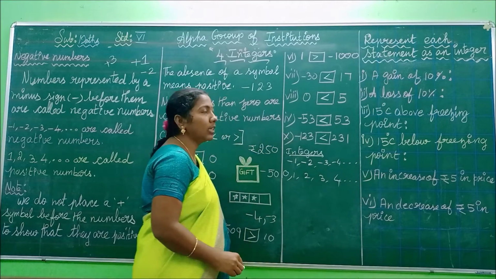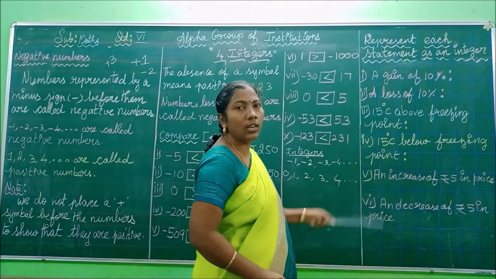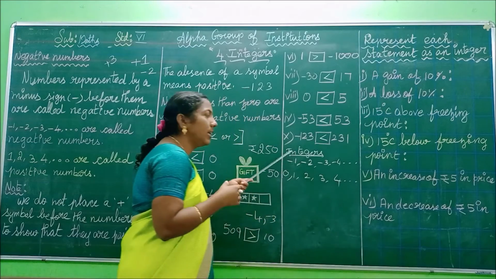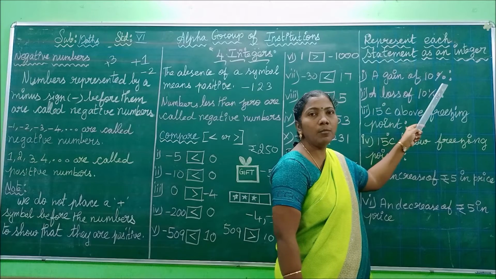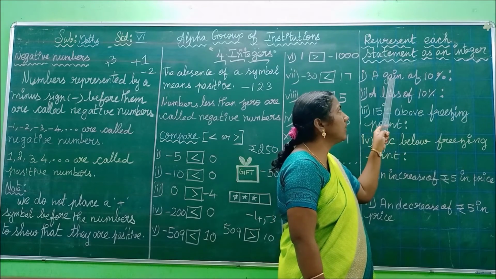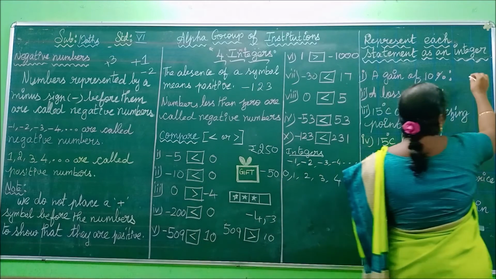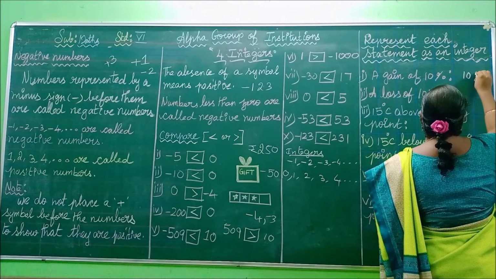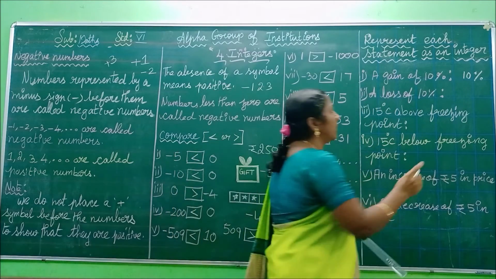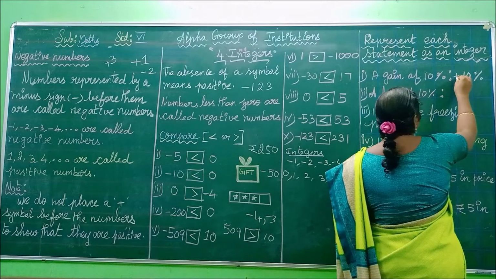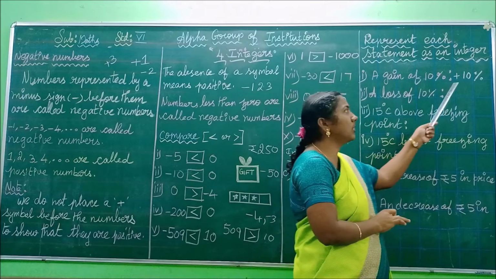Okay, that's why we are writing here as integer. First we do this situation and then we can see the integers detailing. See the first one. A gain of 10%. That is, the person gained 10%. So you have that money. So in this situation, you have to use the positive number. So you have to write it as gain of 10% means you have to write plus 10%. But it is understood. There is no need to write the plus symbol, but for your understanding purpose, I am using the symbol plus here.